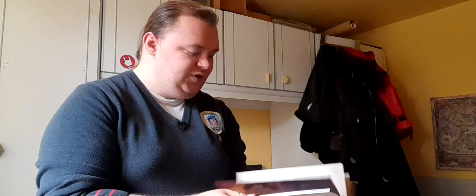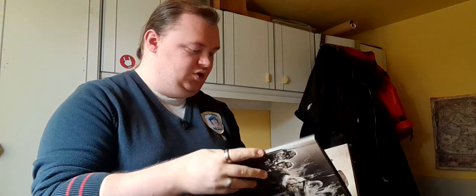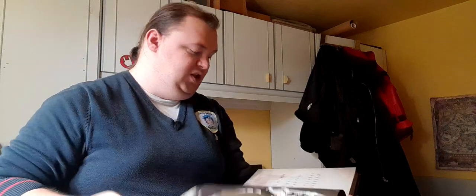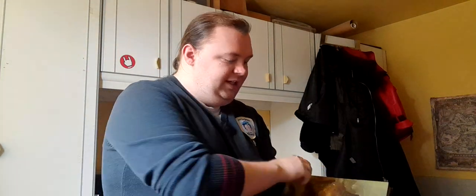And it doesn't go into blurbs on how they came about the inspirations for the artwork, much like the Gorillaz art book. It's literally just showing you art. It's not telling you how they got to the conclusion of how they wanted this Hell marsh to look, how they got the skeleton and how they wanted the composition to go, blah blah blah. It does have some blurbs when you get to these sorts of pages, but it's more just telling you about the world as opposed to how and why they got to the conclusion of how they wanted the artwork to look, which is more the reason why I pick up these books, and which is more the reason why